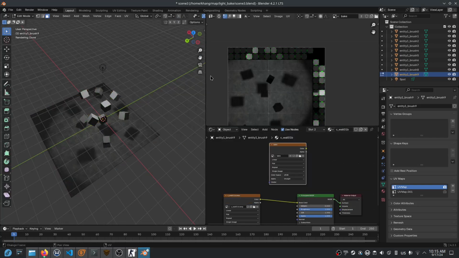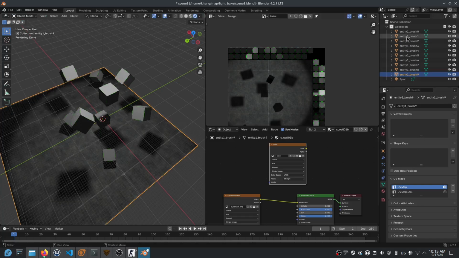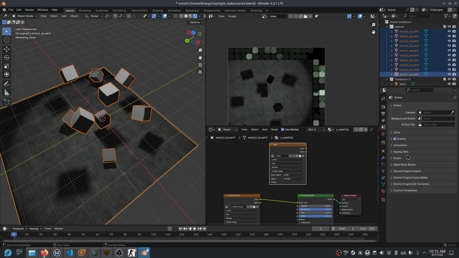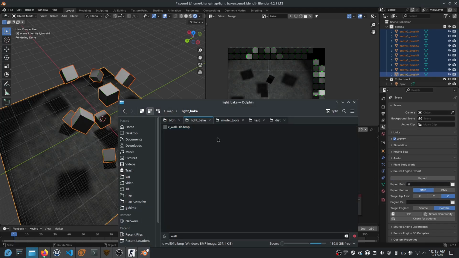Now we need to export the model right here into an SMD file. Just select all the objects here, and I go to scene properties right here. I go to Source Engine export. I select a folder, and I want to export SMD, and I want it to be the GoldSrc format. Click export, and now I should have